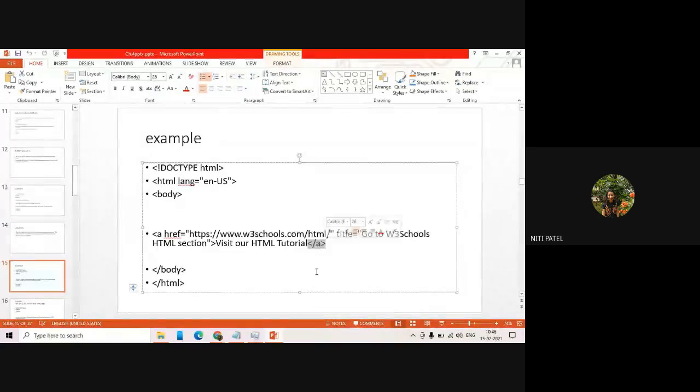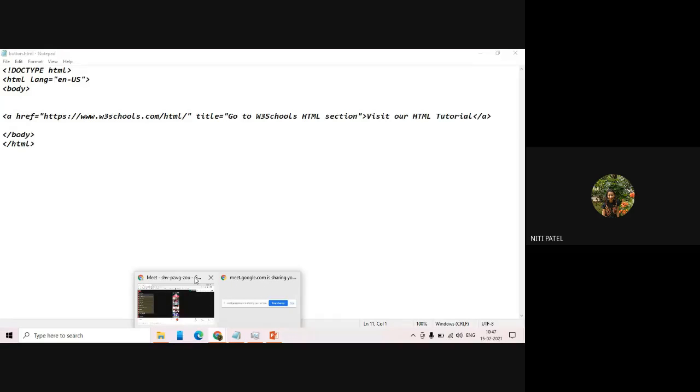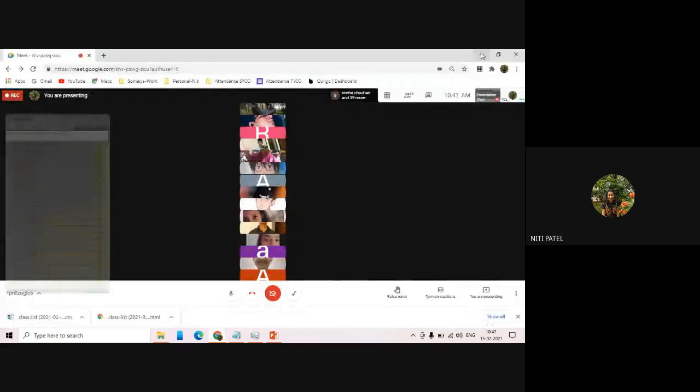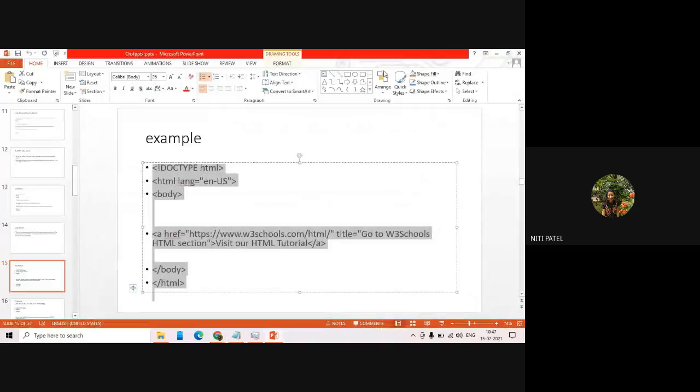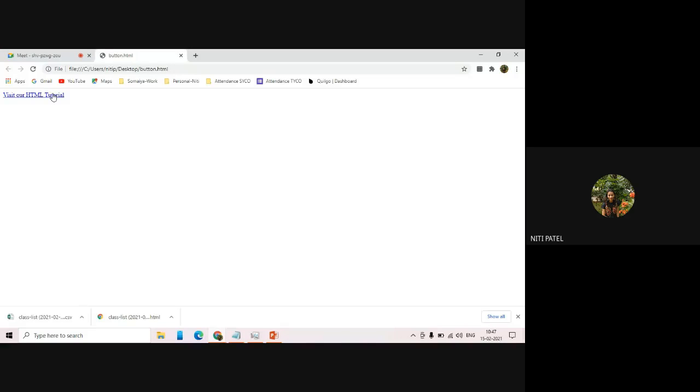Now when I run this, let us see whether it is showing that tooltip information or not. See, can you see the tooltip?